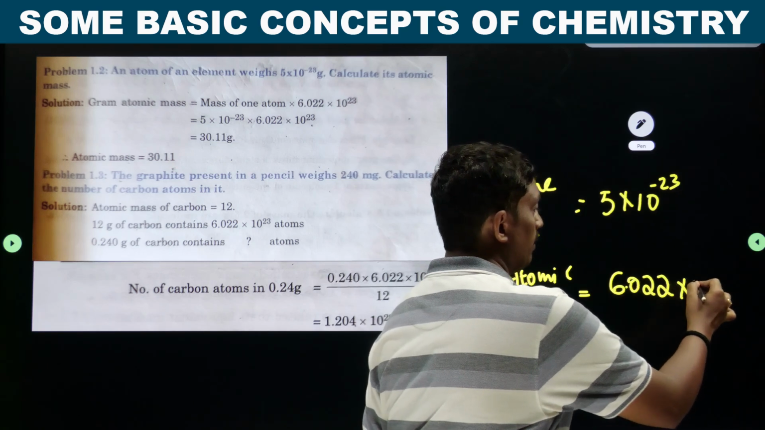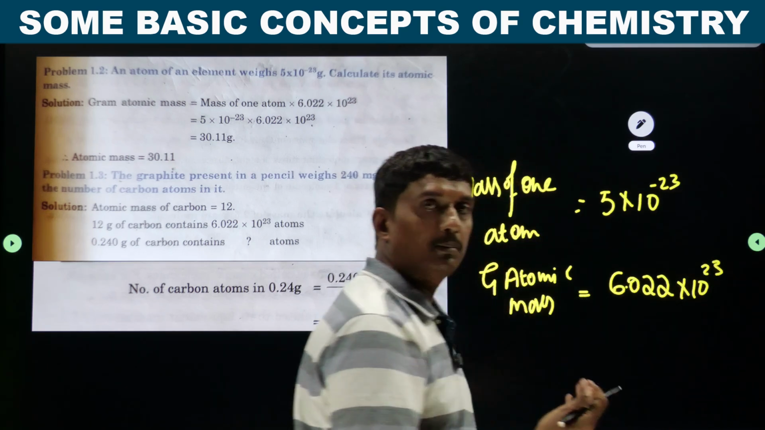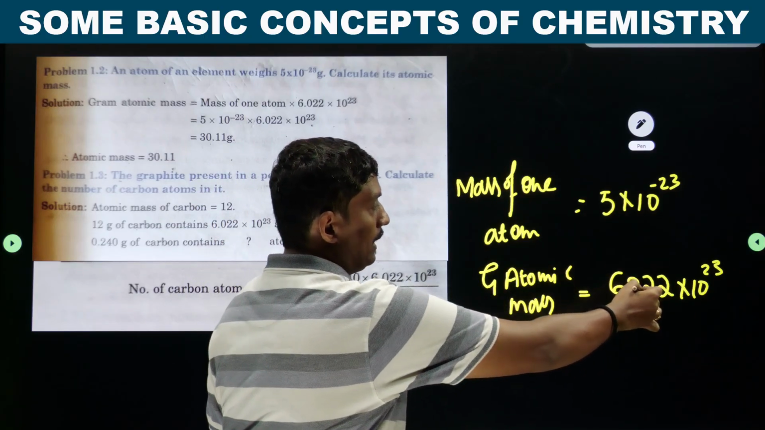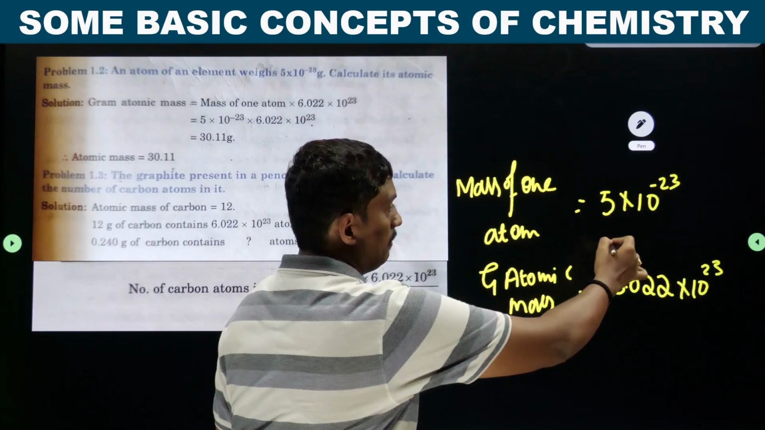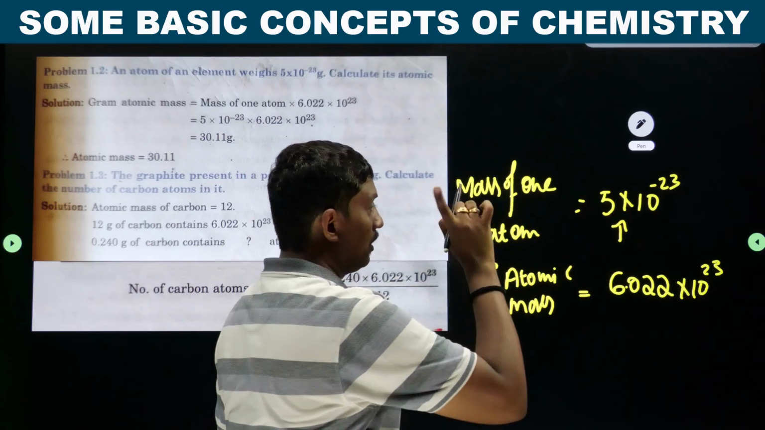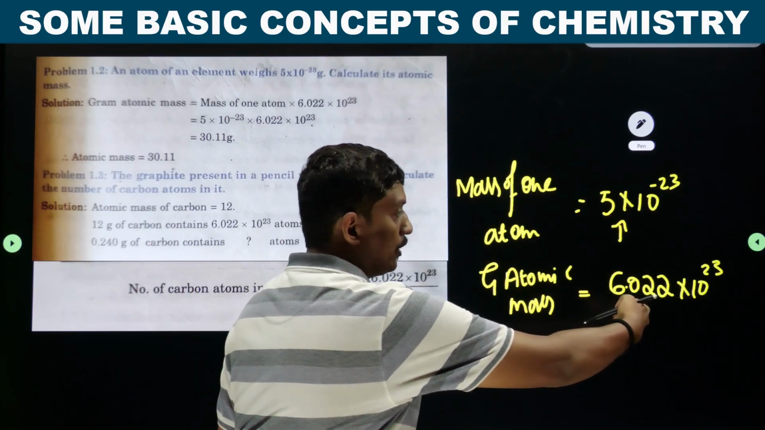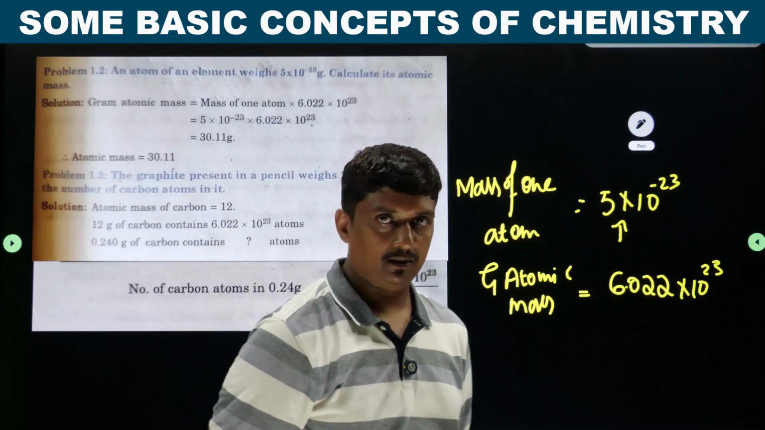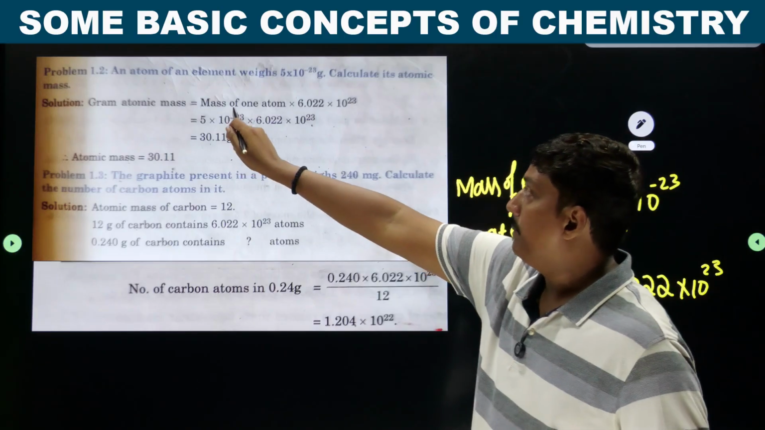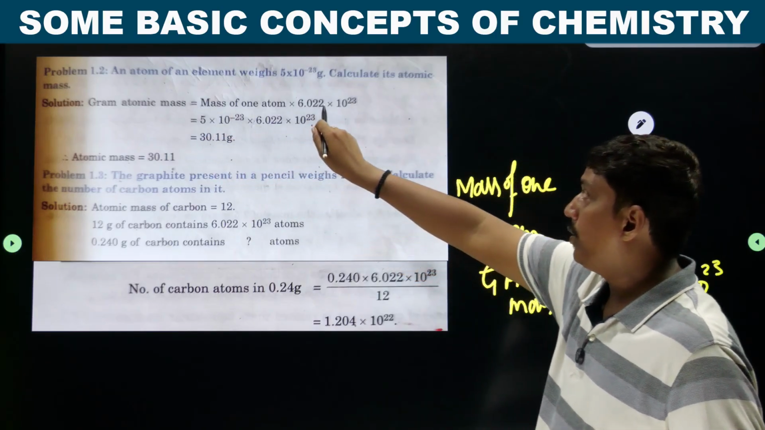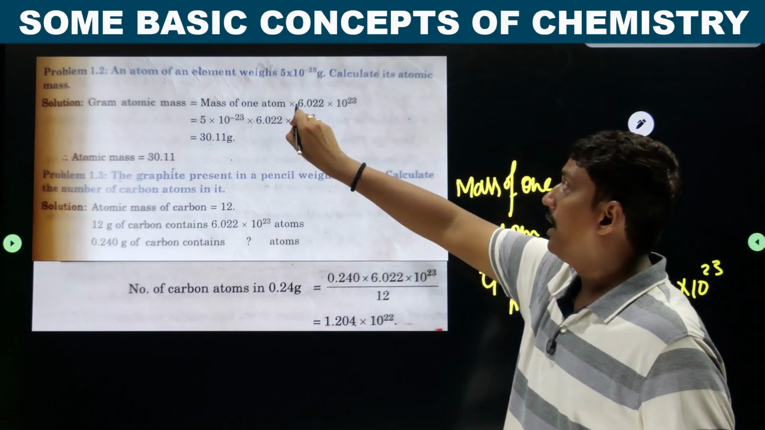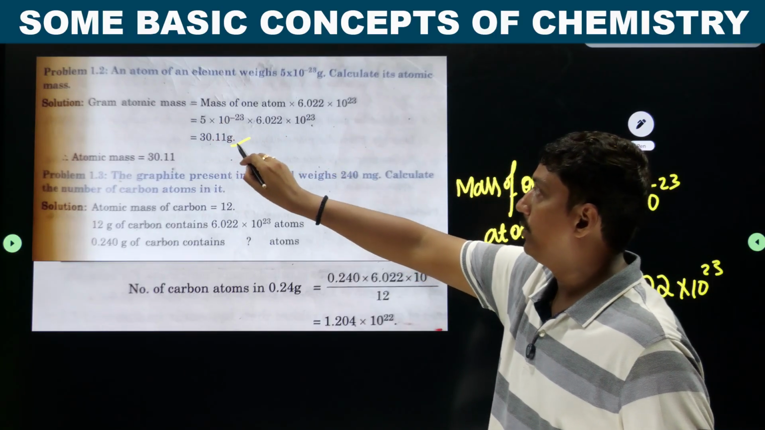6.022 into 10 to the power 23 atoms are required. So, if you multiply this number, that is the mass of one atom, with the total number of atoms present, it gives the gram atomic mass. Very simple. So, mass of one atom into Avogadro number. Mass of one atom is 5 into 10 to the power minus 23, multiplied by Avogadro number, which is equal to